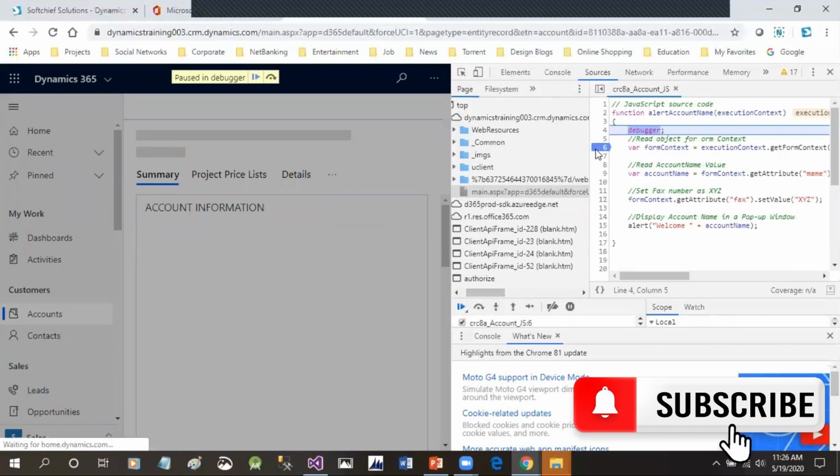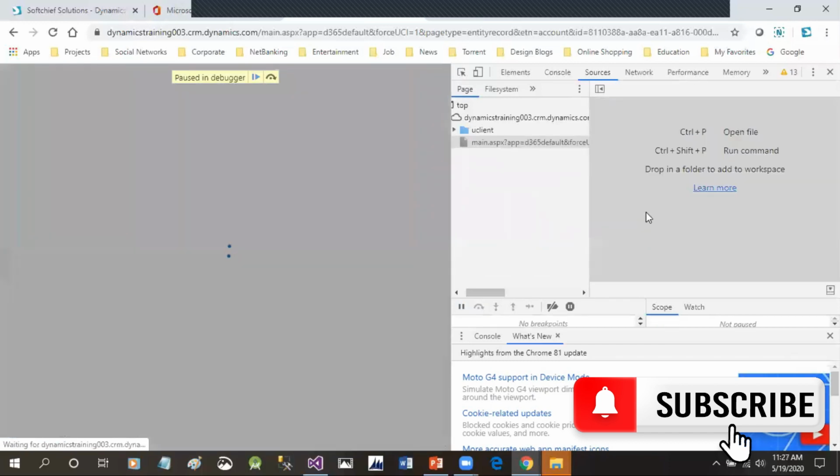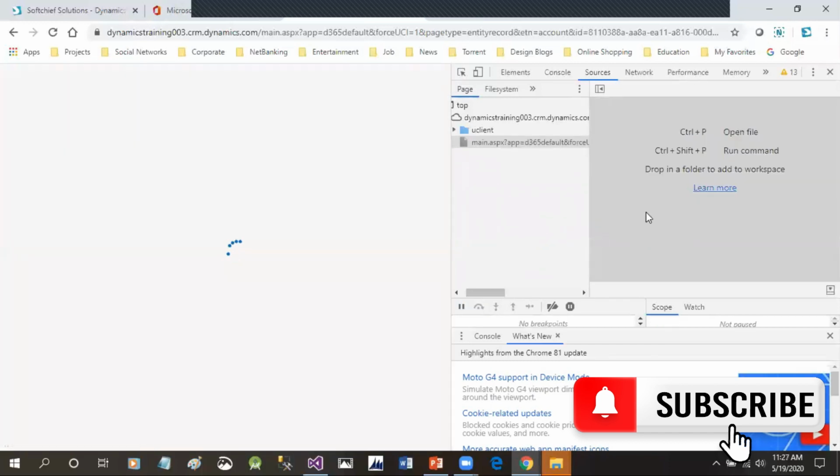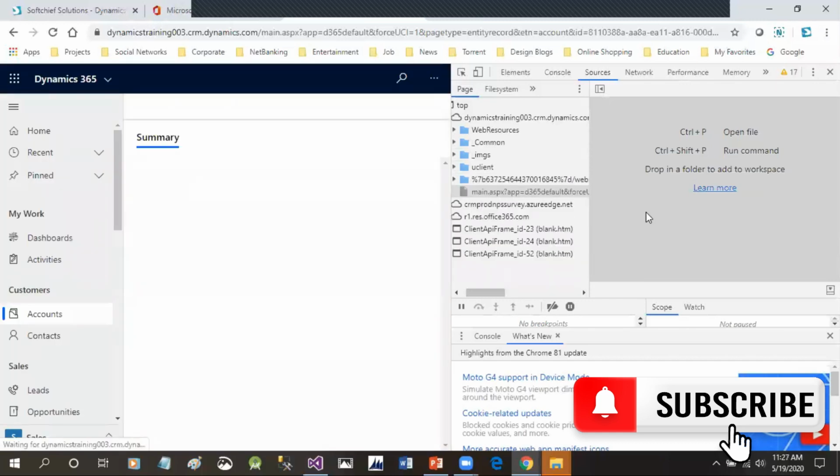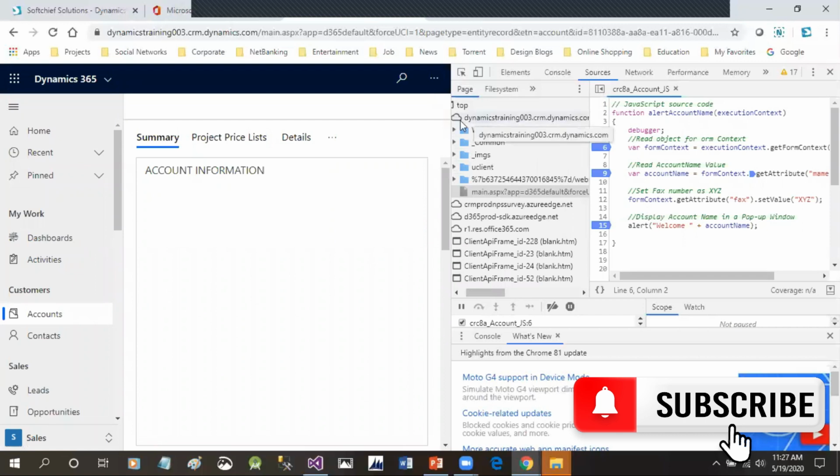Now what I'll do is click debugger points on the lines of code that I want to investigate. Once you click that, when you click F5, it will directly come to your next line. Okay, now click F5. No, it is going outside. I think it is F10. I forgot for now. Let me refresh again.